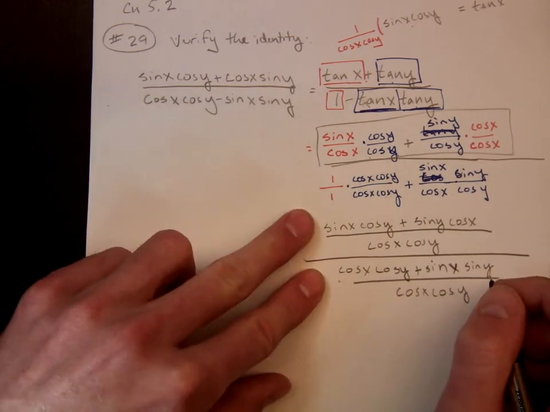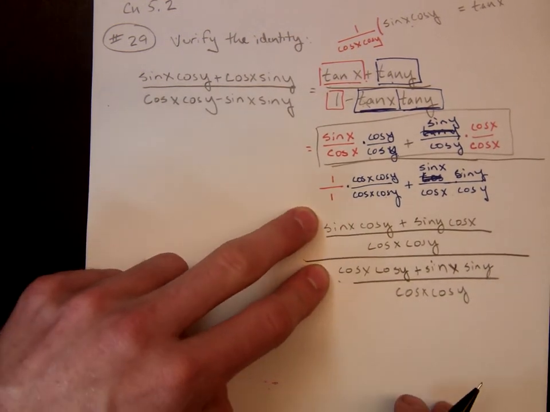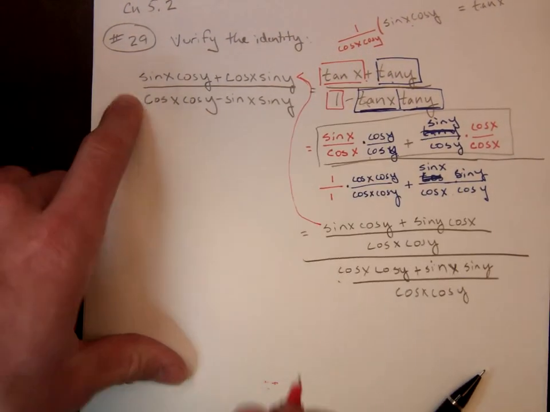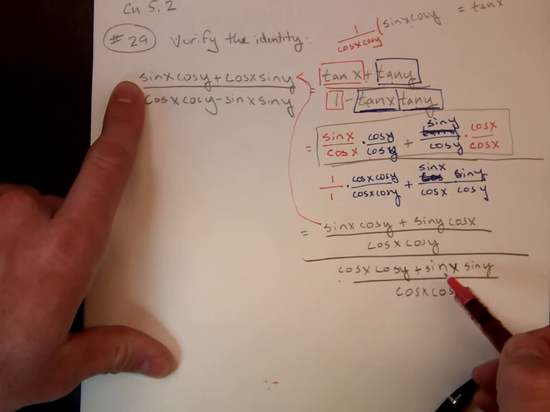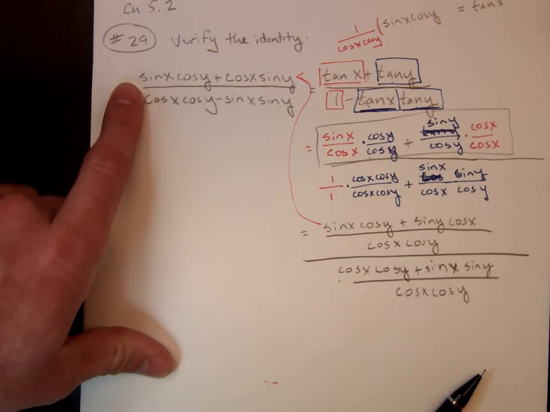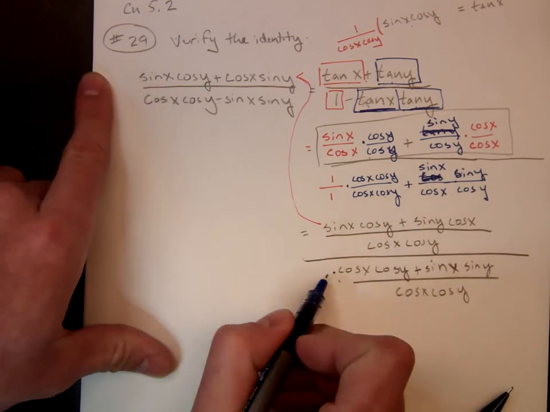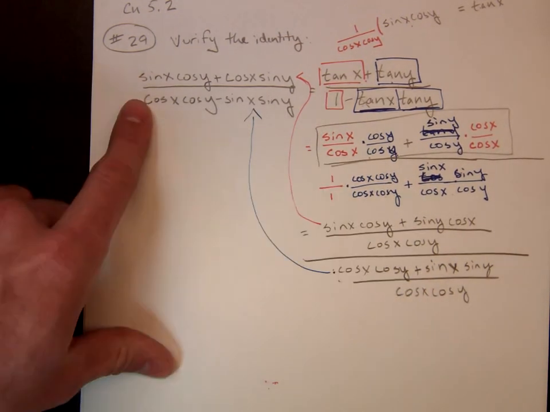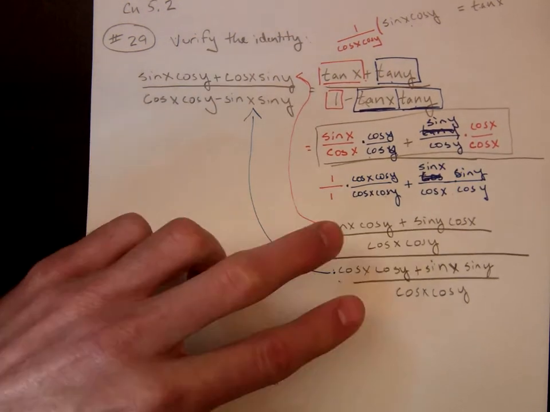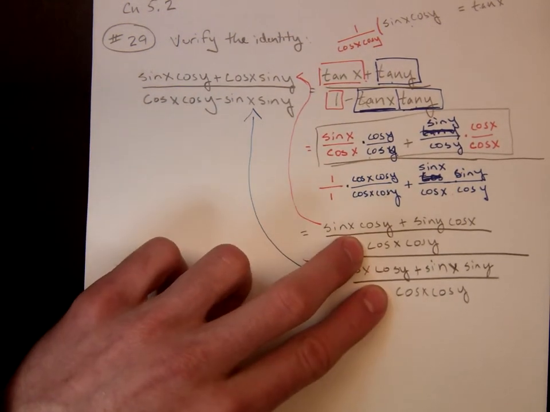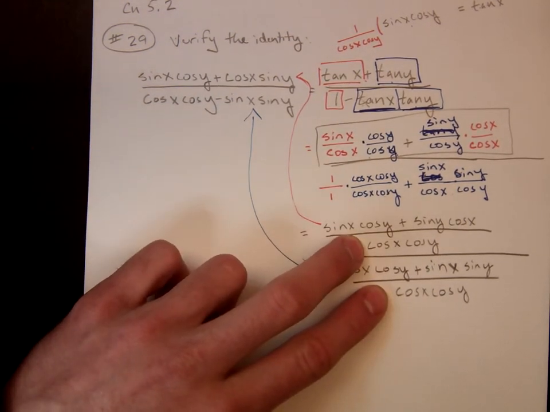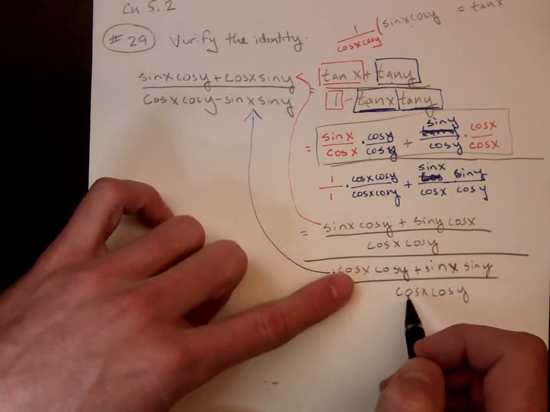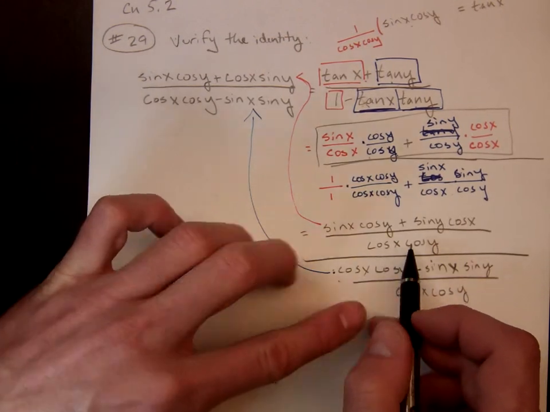So hopefully you're noticing that I actually already have what I was looking for. My numerator is the numerator up here, the numerator of the numerator, okay? And then the numerator of my denominator here is actually the denominator that I want to end up with. And then if I look at both my denominators, well, they're probably going to end up canceling, and they in fact are. Okay. Now I can rewrite this as a division problem, or actually really I can